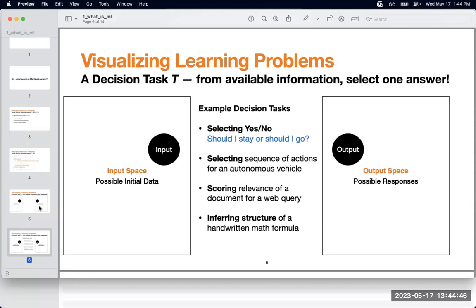You might be selecting from a sequence of actions, so not one single thing, but actually a sequence of actions that would need to take place. So for instance, if you are trying to predict what an autonomous vehicle should do next, that's not one single thing, but actually a series of things. So maybe you need to tilt the wheel by a number of degrees to the left, and then accelerate, or maybe reduce the speed, and so on. So depending on a number of factors, the model in that case would need to be selecting among a series of different actions.